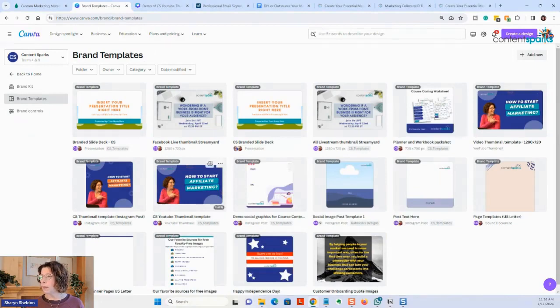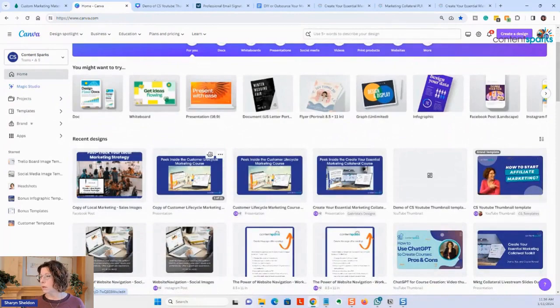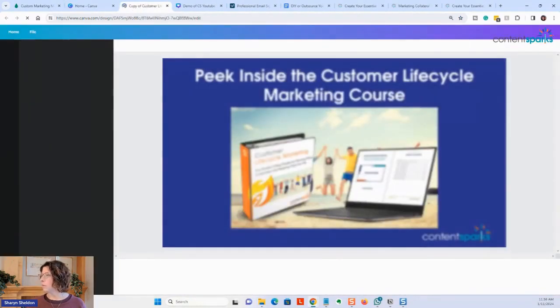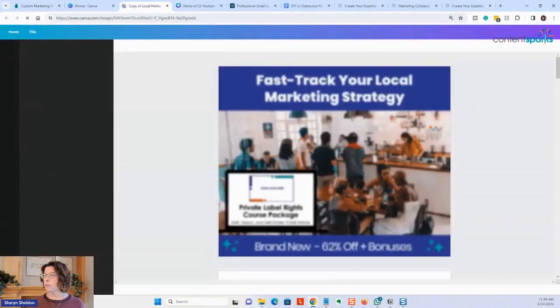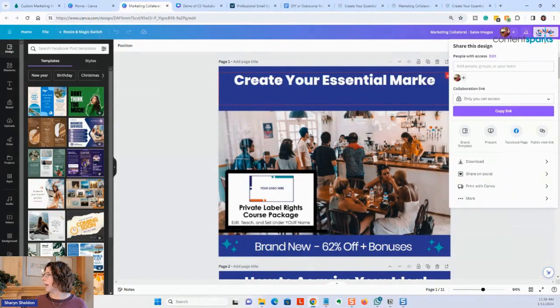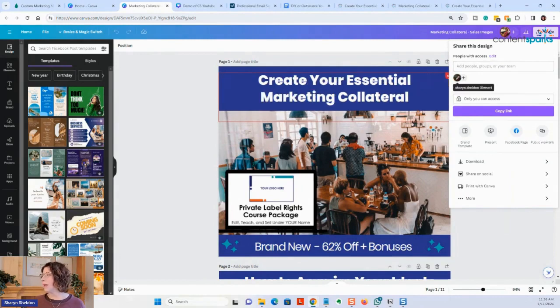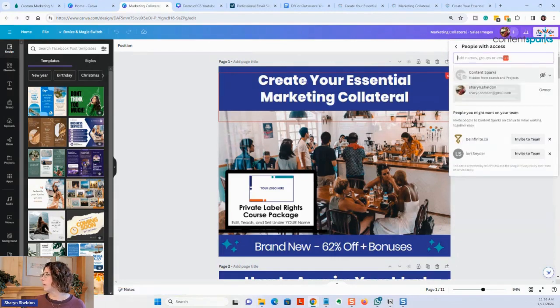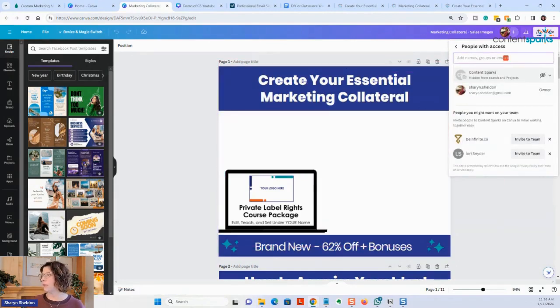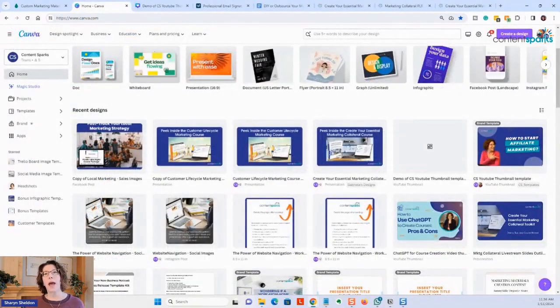So say I pick one of our designs and here I made a copy of something. Let's say it's something like this. I'm just going to pick one and I want to do just sharing it. I can add someone and give them access to edit it. So if there's something specific that you want them to be able to edit and make copies of, you can do that. So I would just click add and I put an email in for that person and then they can access it. So that's the way you would work with someone else if you don't have that team account